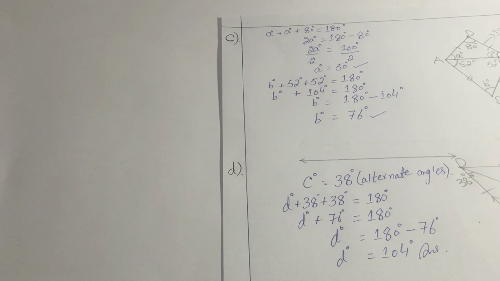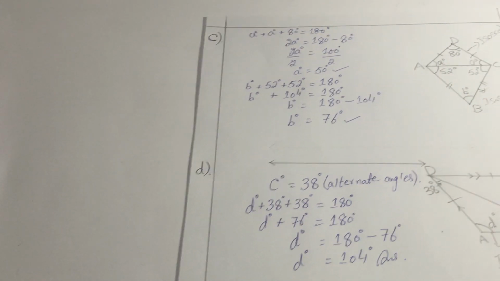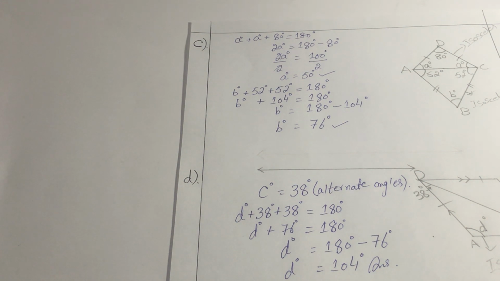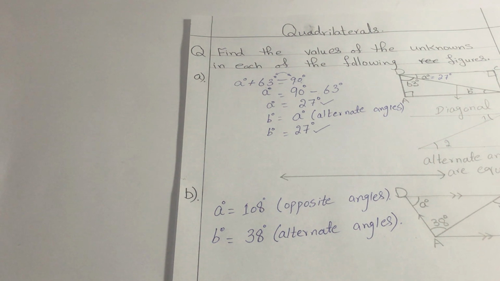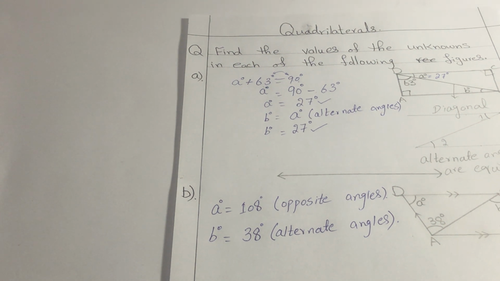Students, hopefully you have understood the examples. Now your assignment is you need to solve questions number 1, 2, 3 and 5 of your exercise, and for the parts that we have done in the class you have to solve only those parts. I'll also share the picture of the assignment in the WhatsApp group, and I'll also upload it on your LMS, right? If you face any difficulty, you can contact me.